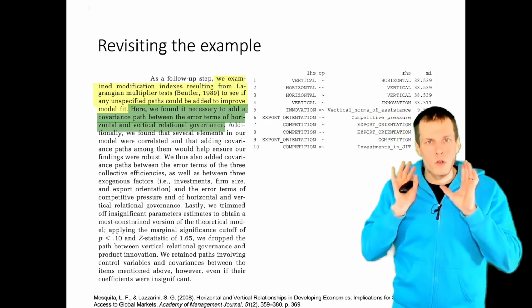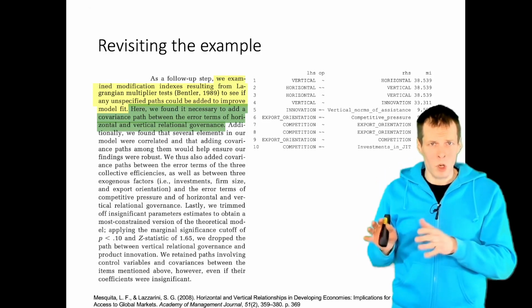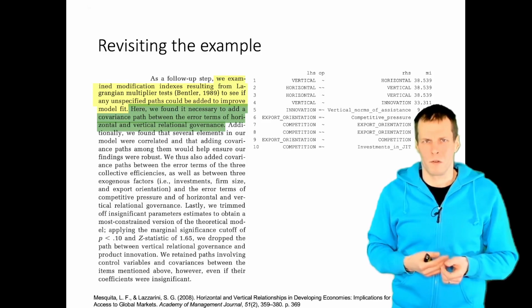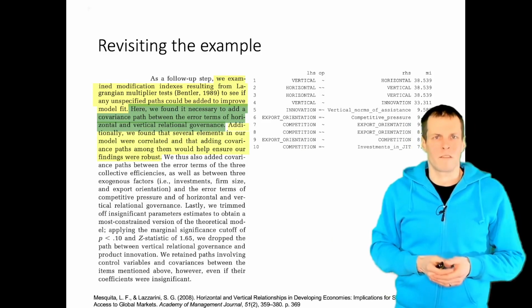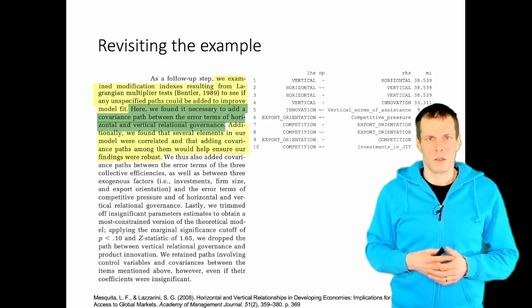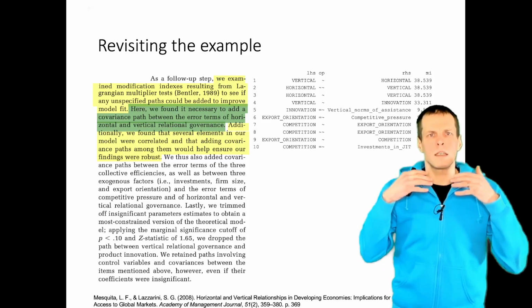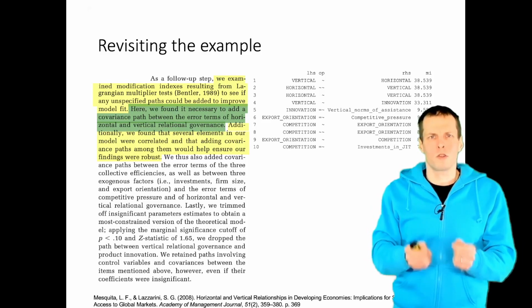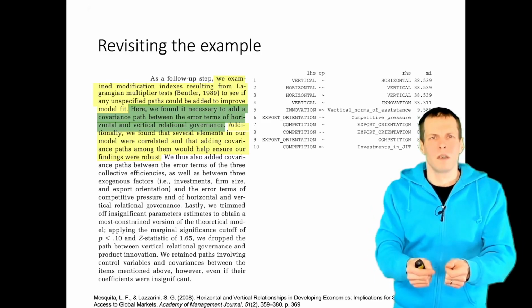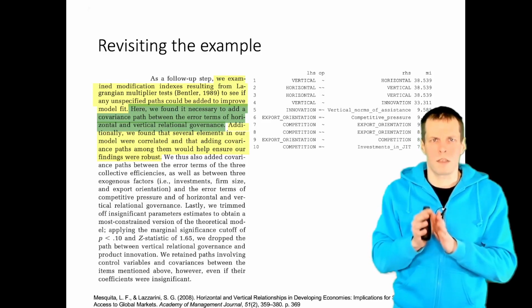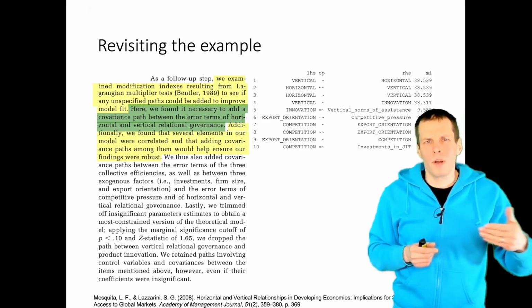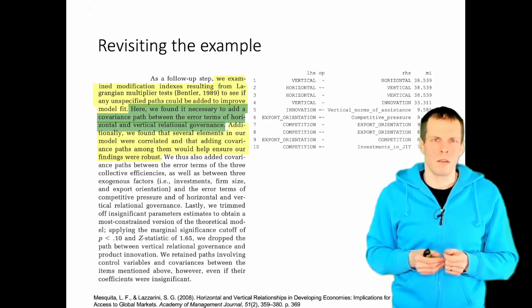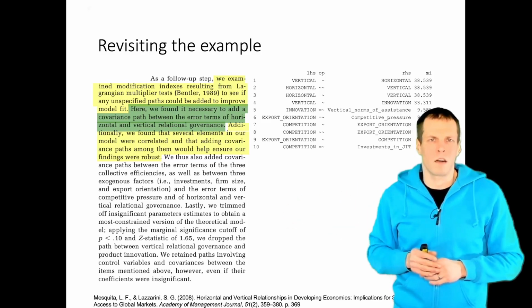All of those produce equally fitting models, so the computer can't tell us which one of those is the right thing. What they do then is that they say that they added more stuff based on modification indices, and that is supposed to increase the robustness. This is not the case. So modification indices make the data fit better to the model that you have, but increasing fit is not the same thing as the model being better, for 2 reasons. Simply empirically adding things to the model might mean that you add things that are not supposed to be there.